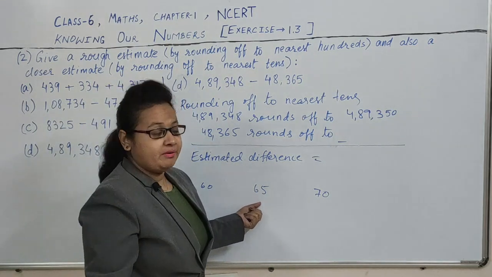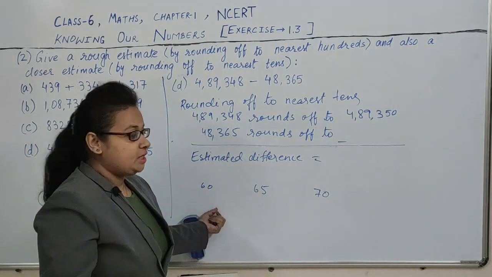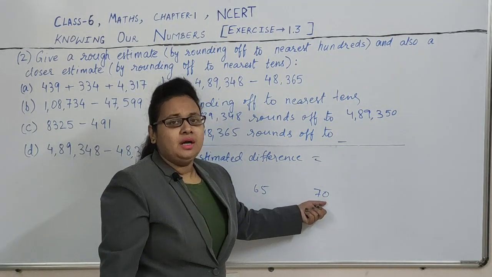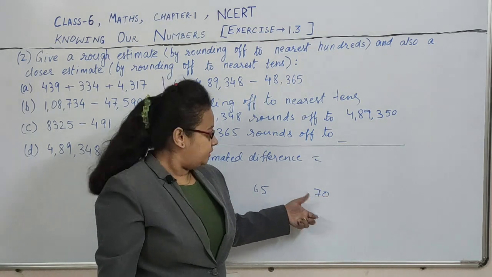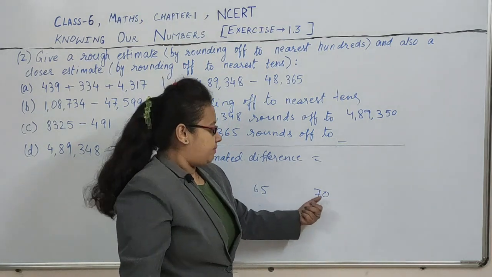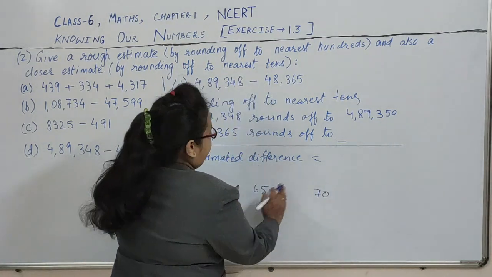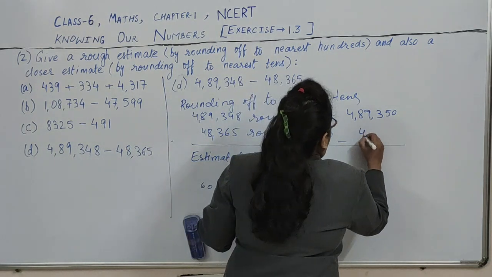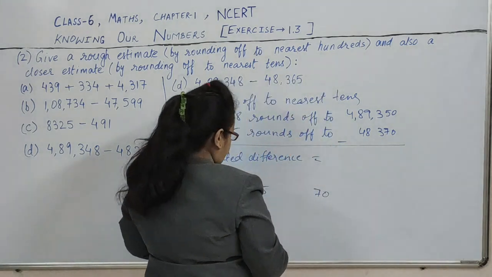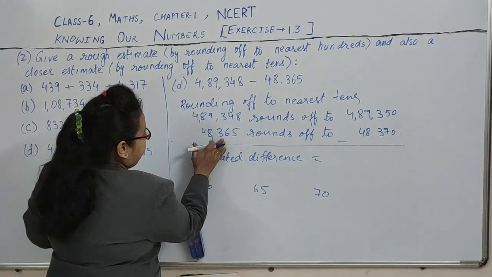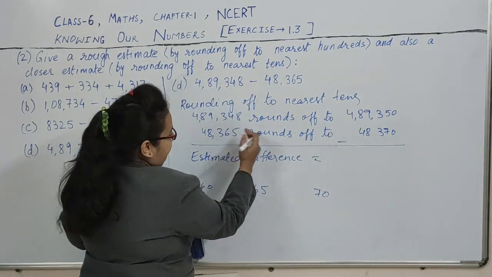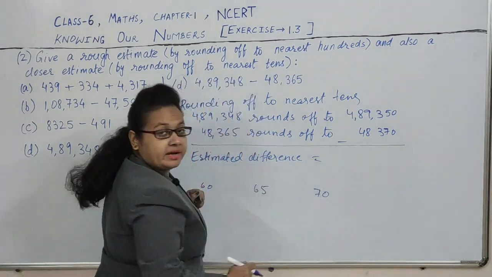So to which number will we round it off? Will it be rounded off to 60 or to 70? It will be rounded off to 70. It is the rule, a general convention we use. The middle number is rounded off to the next number, the bigger number. So 65 will be rounded off to 70. 4, 8, 3, 7, 0. The digits before this will be as they are, 483, and this 65 is rounded off to 70. So we have written 70.